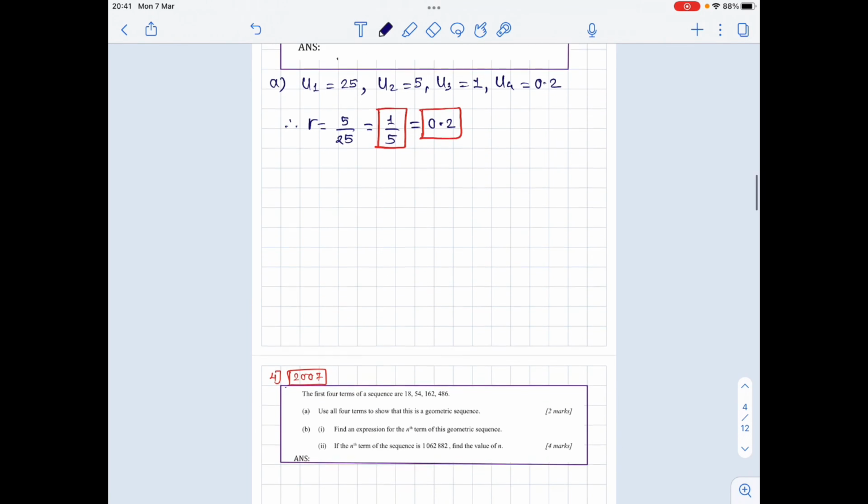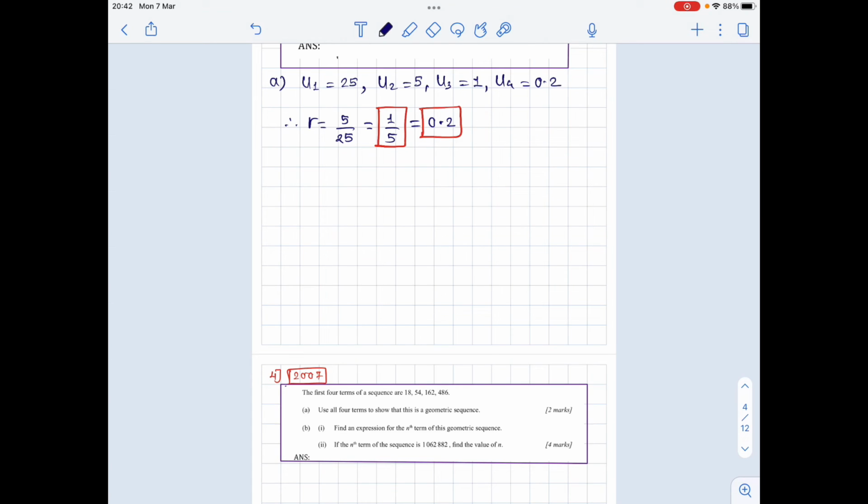B part, find the 10th term. So u10 is equal to u1 times r raised to 10 minus 1, where u1 is given as 25, r we know is 0.2, raised to 10 minus 1, which is 9. If I type this, first you need to take 0.2 raised to 9. Please do not round this answer. Whatever answer you get, finally multiply by 25. You will get the final answer as